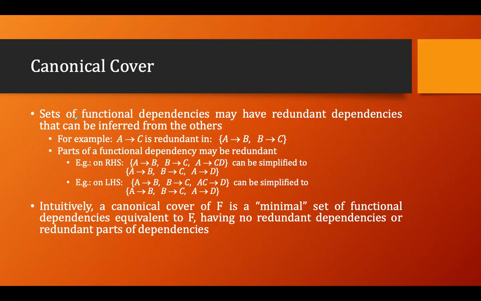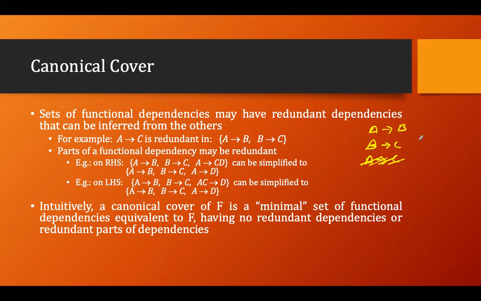Let's go for it. A set of functional dependencies may have redundant dependencies that can be inferred from the others. For example, A determines C is redundant in A determines B, B determines C. Yes, so we have to find out that this is not required. So if we have functional dependencies like A determines B, B determines C, and A determines C, and we find the non-redundant cover, this will be removed because this is a duplicate one. Why? Because A determines C is already there with the inference rules